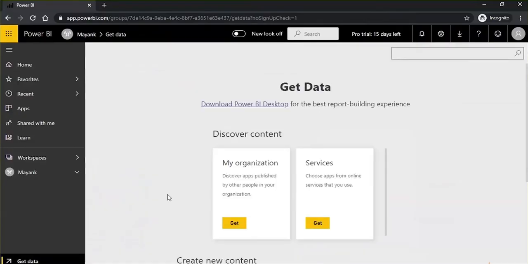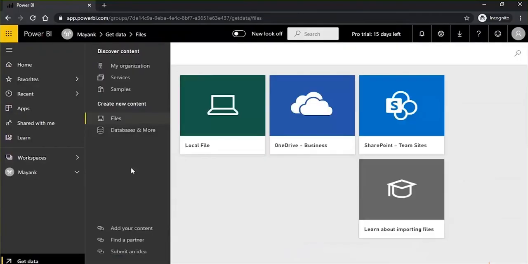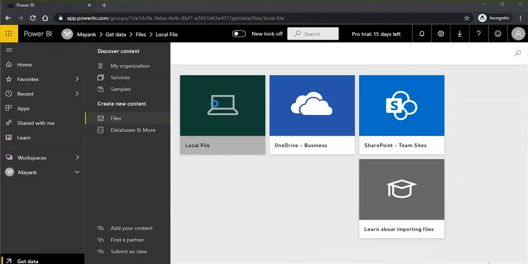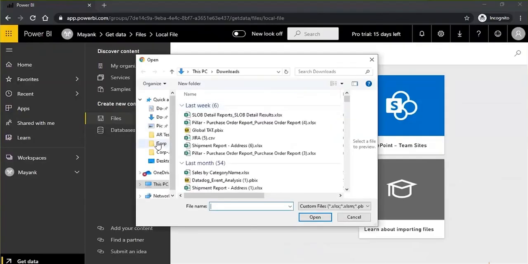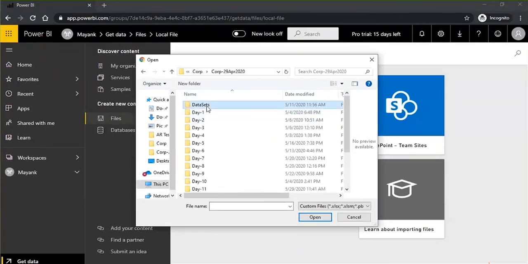Under this get data, if you scroll down, you see files. So you can upload your CSV or Excel or Power BI files from local machine, from OneDrive, from SharePoint. So I click on local file, and then from here, I choose a file which, let's say, has the tabular data,